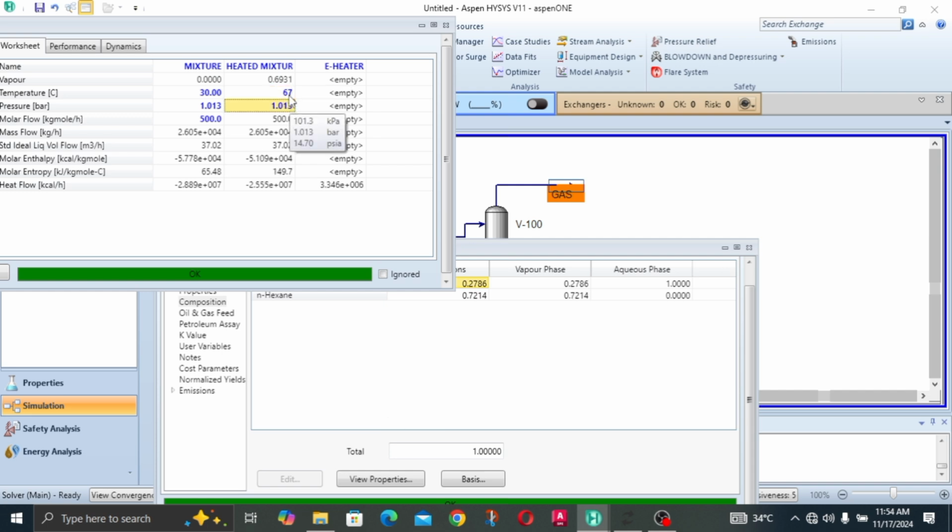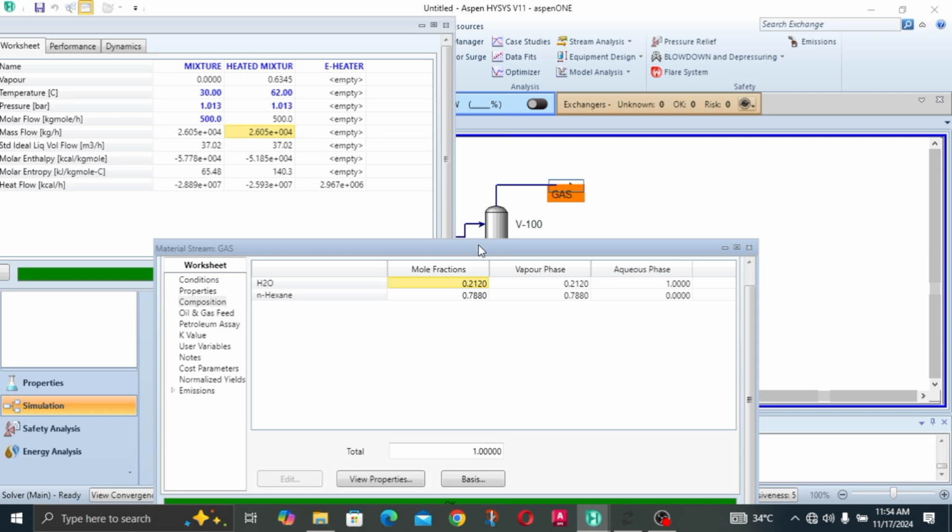Let's try 67. 65. 61. Vapor fraction is down to 0 again. 62. Good. So it's telling us that at a temperature of 62, our vapor fraction turns to 0.6. Basically, that's where the evaporation starts. Not at the temperature of 68, but at the temperature of 62, that's where the evaporation occurs,